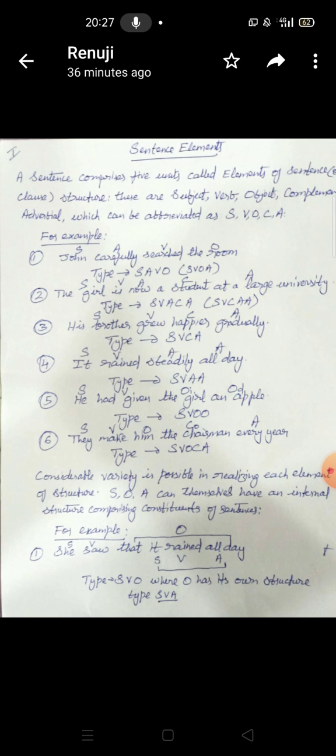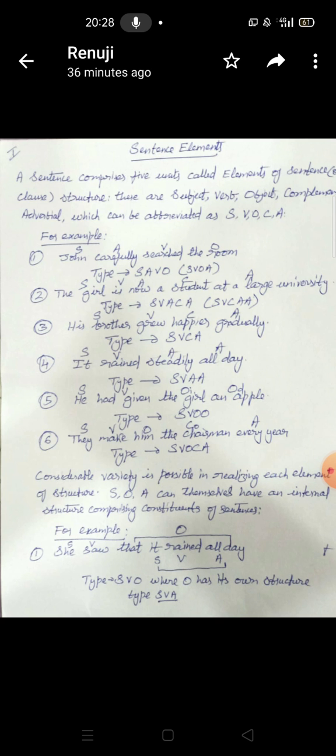The fifth sentence: He had given the girl an apple. This sentence has some change because we have one subject, we have a helping verb, had, or as we named it in the last lecture, the operator. And the main verb is given. The girl is an object, and an apple is also an object, but the girl is an indirect object and apple is a direct object. So we have two objects in this sentence. So the type is SVOO. We can have two objects. The sixth sentence is